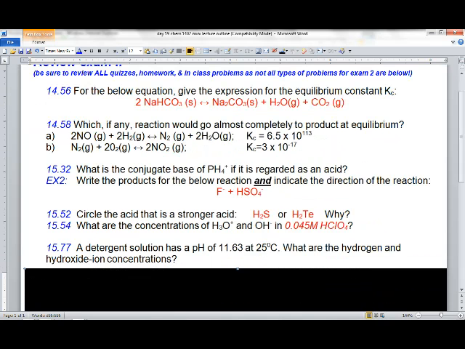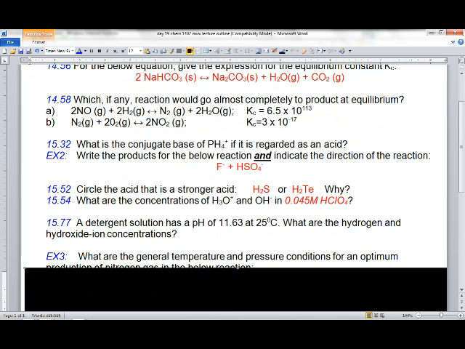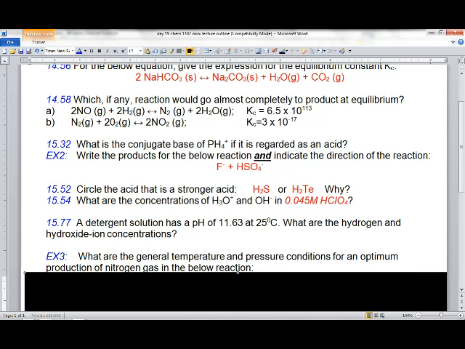Again, something like this. The pH is 11.63. They want to know the hydrogen and hydroxide ion concentration. So pretty much have to use the equations again, right, and figure it out. I bet you it's going to be multi-step. There's easy ways and there's hard ways, but you get the same answer however you do it. Okay. Now we had